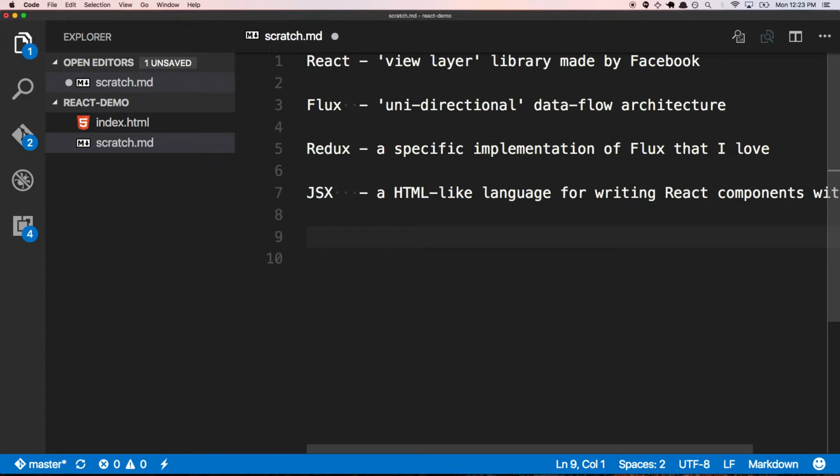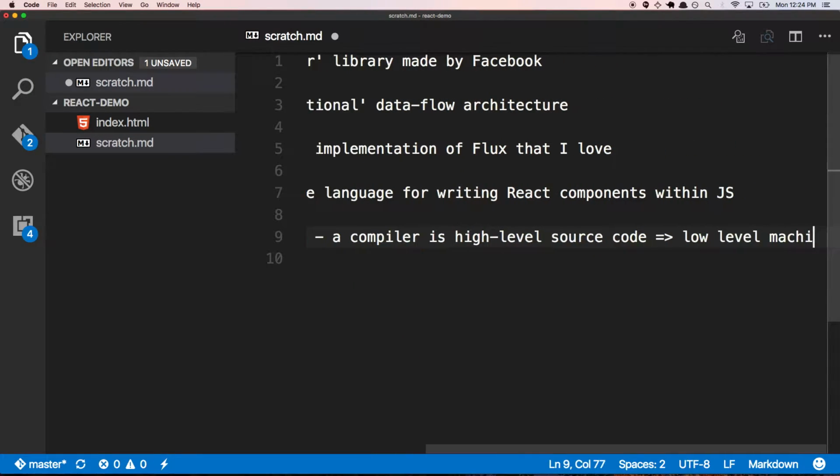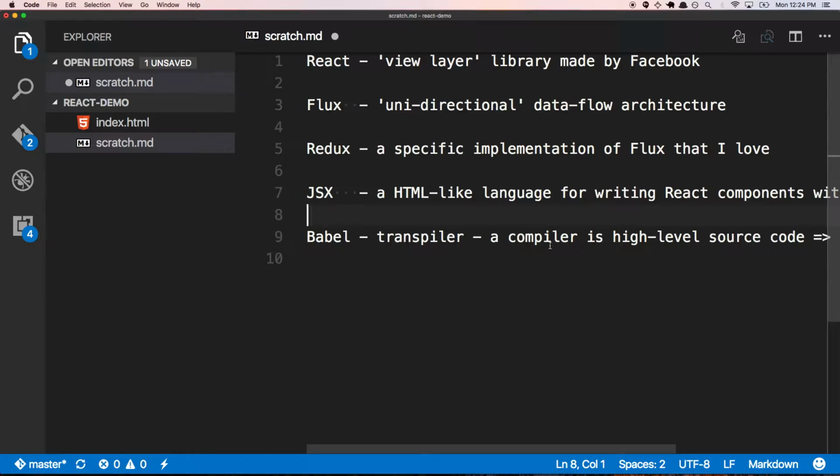But what that means is that what you're writing ends up not being actual JavaScript. That's a problem because your front end is only going to be able to run actual JavaScript. So what do we do? Well, we use something like Babel, which is a transpiler. A transpiler is like a compiler. A compiler goes from high-level source code to low-level machine code. Maybe it's not machine code. Maybe it's